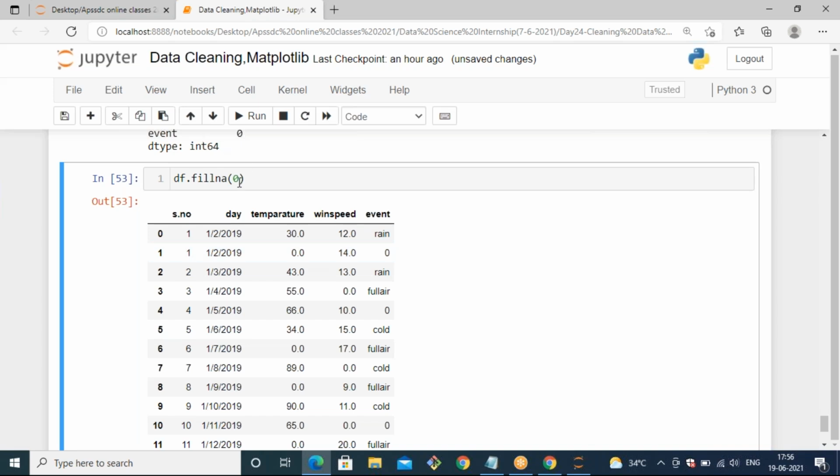But when you use fillna with the value 0, this 0 is filled in the place of NaN. Like this, you can fill the NaN values. Can you get it, students? How to fill the NaN values?